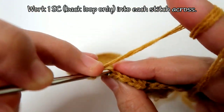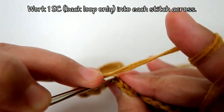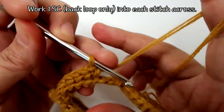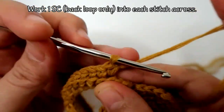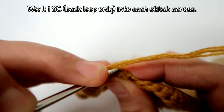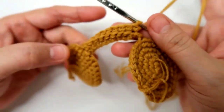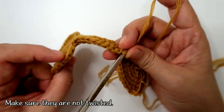Five, 6, 7, 8, 9. So the first and second rows, you have to make sure that they're not twisted, so otherwise you have